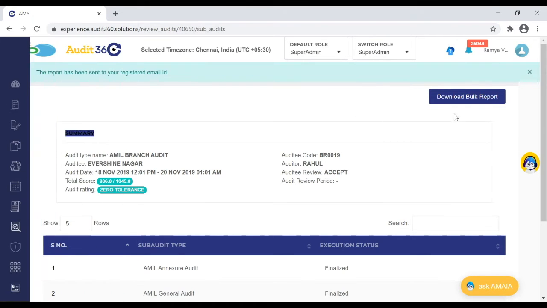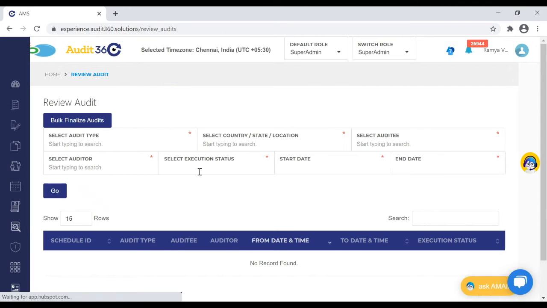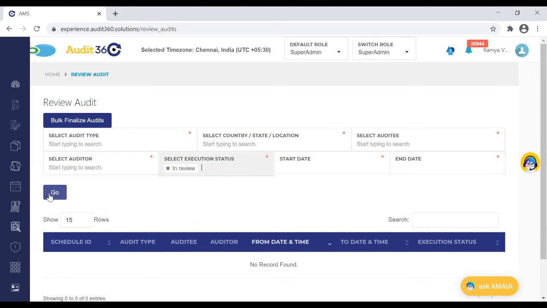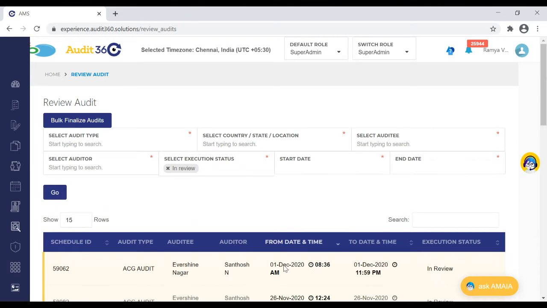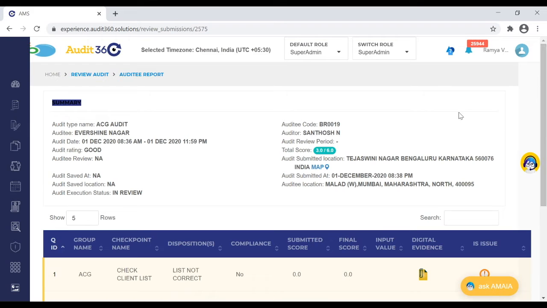This functionality of download report and bulk report will be applicable only when the audit is in finalized state. If I pick any audit which is in review status or any of the execution statuses, the download option would not appear on this screen.